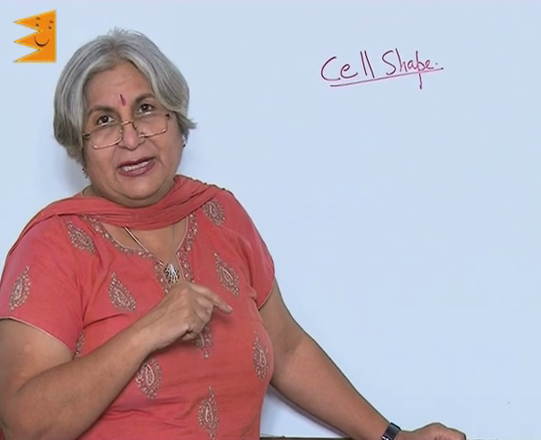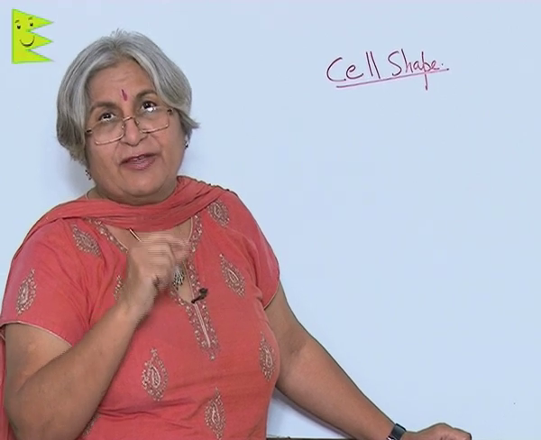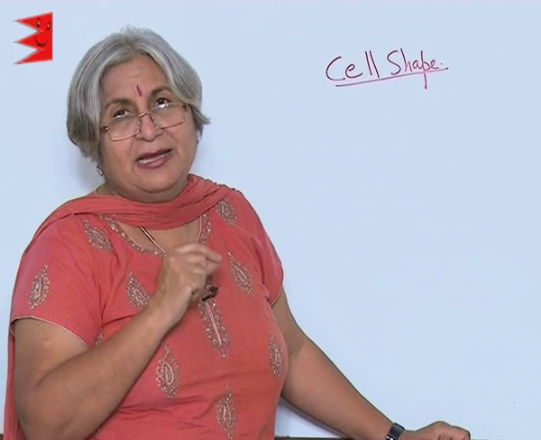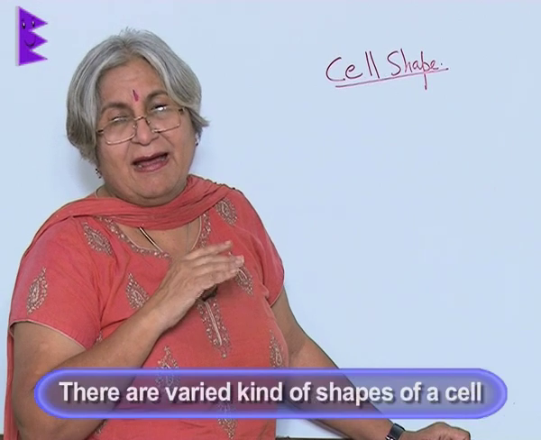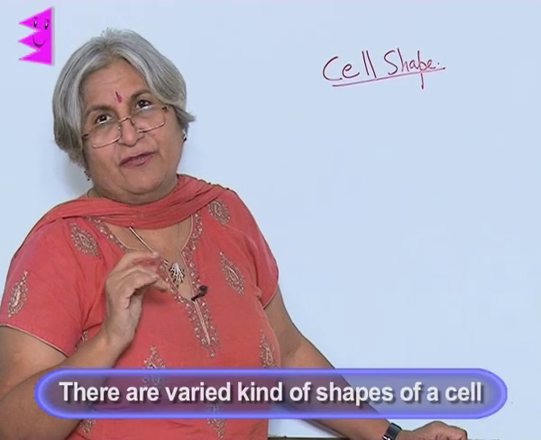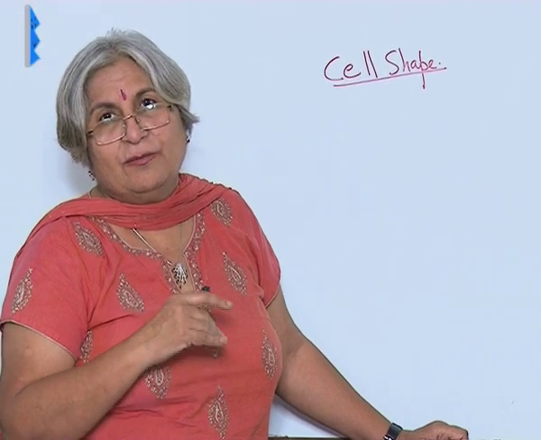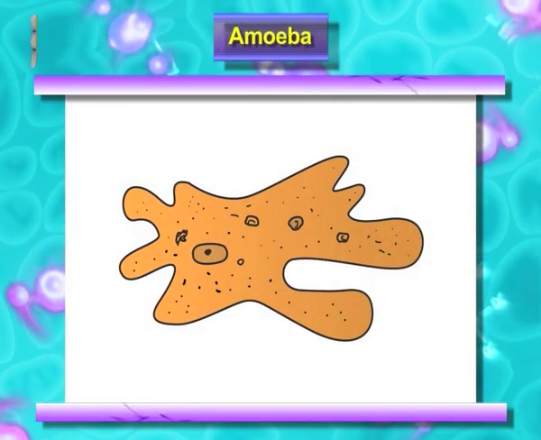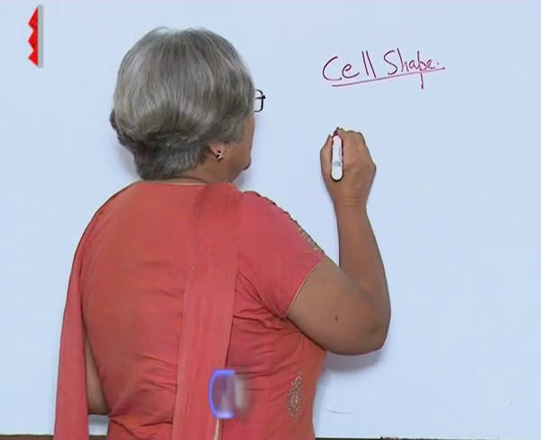Like I told you, in the case of multicellular organisms especially, there are specific functions, and so the shape and the structure of the cell is according to that function. So, what we find is that there are varied kinds of shapes of a cell. If we take the typical example of amoeba, what we find is it has no definite shape. The shape is irregular, which is forever changing, right. So, we can say the shapes are irregular